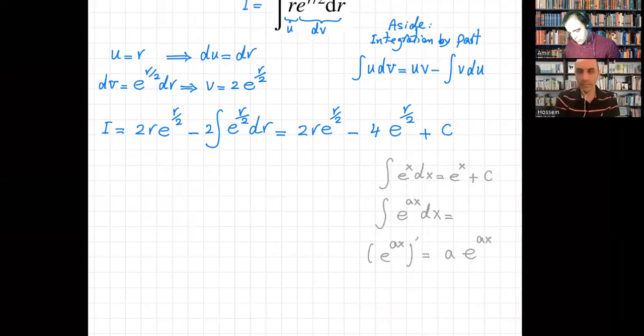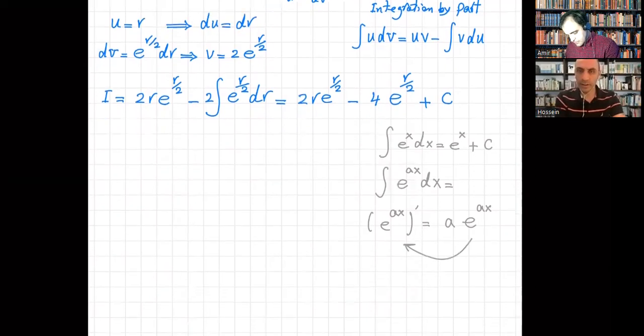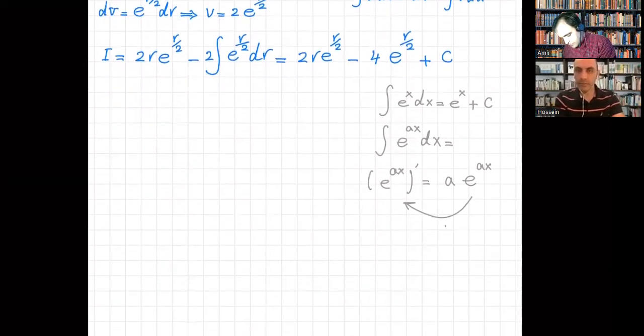That's correct. So the integration is actually the reverse of the differentiation. That's correct. So when we want to go from right to the left on that integral on the second line,